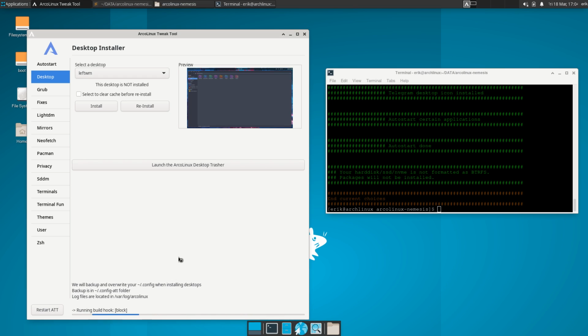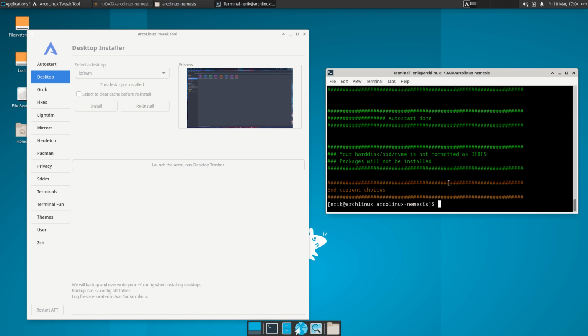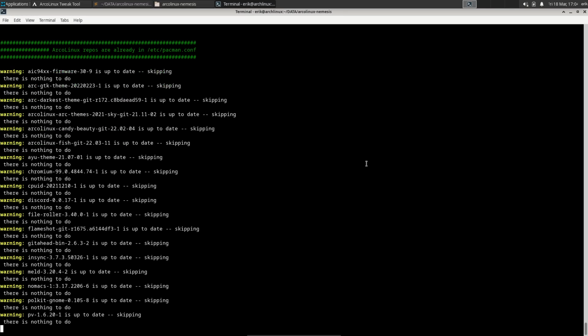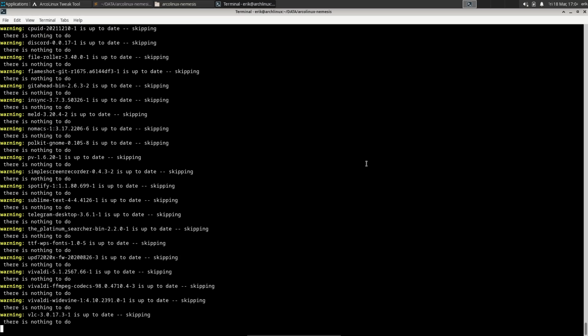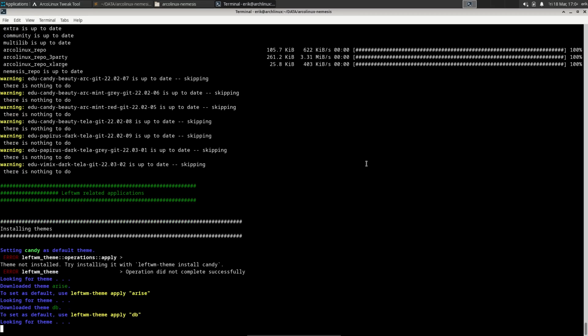And if Leftwm is installed, alright, it has been installed, then I can say run it again. It's going to skip all kinds of things that are already available. It's already done, skipping. So it's created, and do create your own GitHubs. Here are the specific Leftwm things, you see? So if on Arch, if this and if that, if on Leftwm, now Leftwm is there, ArcoLinux tweak tool installed